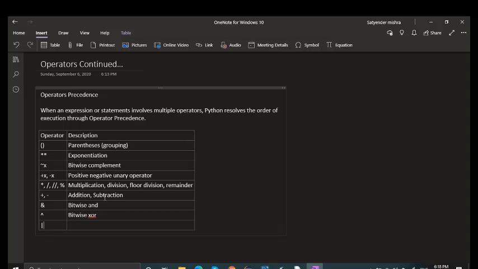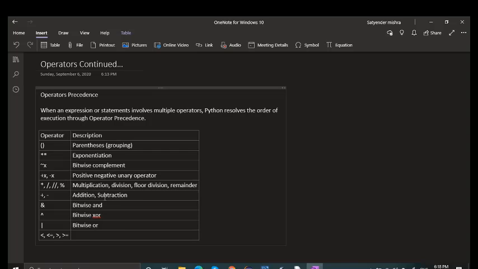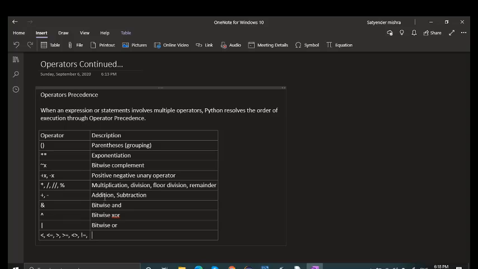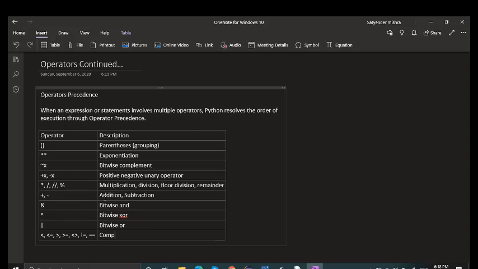Then we have the bitwise OR operator, and then relational operators like less than, less than or equal to, greater than, greater than or equal to, not equal to, and equal to. These are comparison or relational operators.